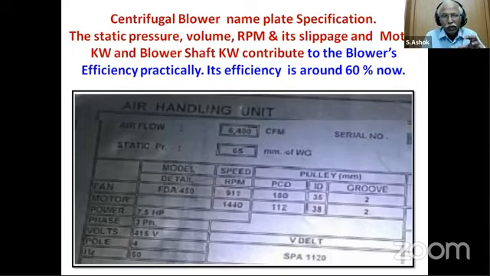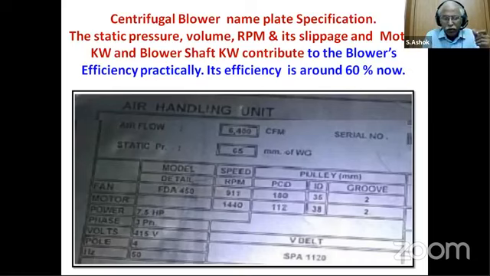High volume, low speed is the latest trend, where we have gone even for vertical ceiling type fans, high volume, low speed, which is able to give you a wind chilling effect inside the premises. As for the blower, if it is able to run at 750 RPM or 960 RPM, it is able to deliver the best efficiency point on the given performance curve. So the blower efficiency is around 60%, and the contributing factors are the static pressure, the volume and the RPM of the blower.